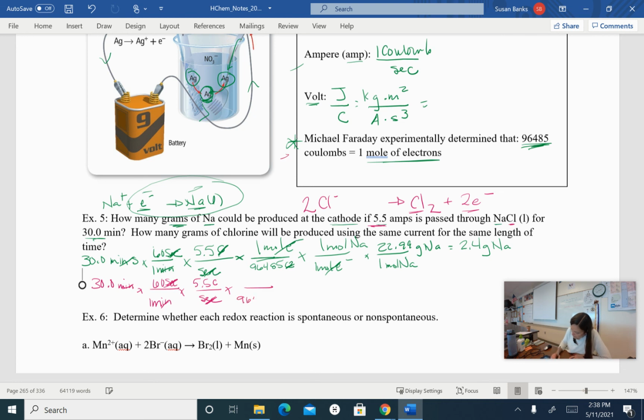Now I'm going to use Faraday's constant. I have 96,485 coulombs for 1 mole of electrons. So my coulombs cancel out. And then I'm going to use this relationship. I've got 2 moles of electrons giving me 1 mole of chlorine. So my moles of electrons cancel out. Then I just need to use my molar mass. So each chlorine is 35.45, and I've got 2 of them. So 1 mole of chlorine will net me